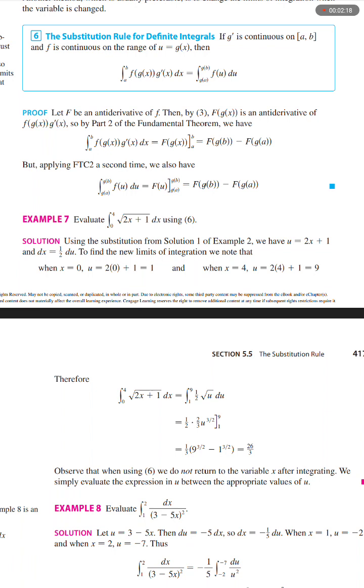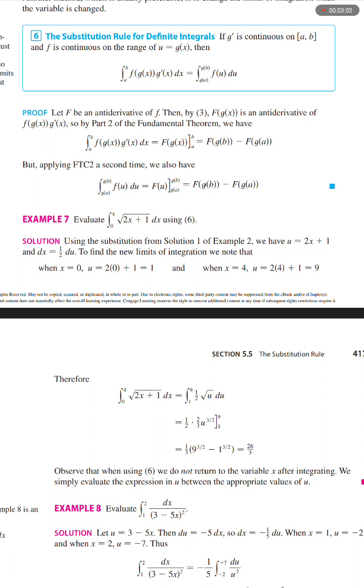du. Proof. Let big F be an antiderivative of f. Then, by equation 3, big F of g of x is an antiderivative of f of g of x times g prime of x. So by part 2 of the fundamental theorem, we have the integral from a to b of f of g of x times g prime of x dx equals big F of g of x on the interval from a to b, equals big F of g of b minus big F of g of